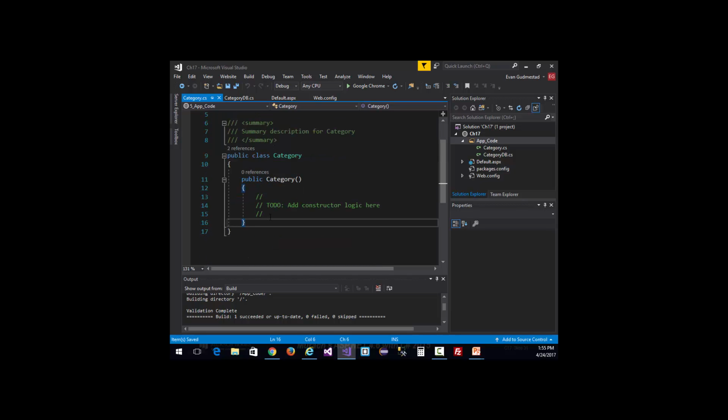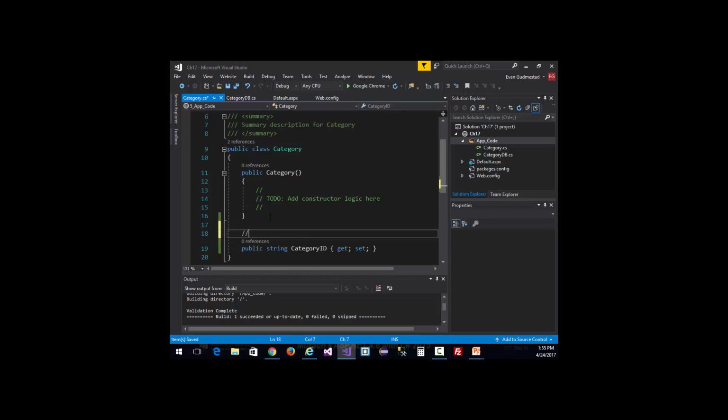And we need to follow a few basic rules. Again, these are our properties. So we're going to make a public string CategoryID get and set. So I'll explain this real quick. This is a property. This is a C# property. So if you've only taken Java at this point, you're not familiar with C# properties. But what a C# property does, this is extremely shorthand. Matter of fact, they have a name for it. This is called an auto-implemented